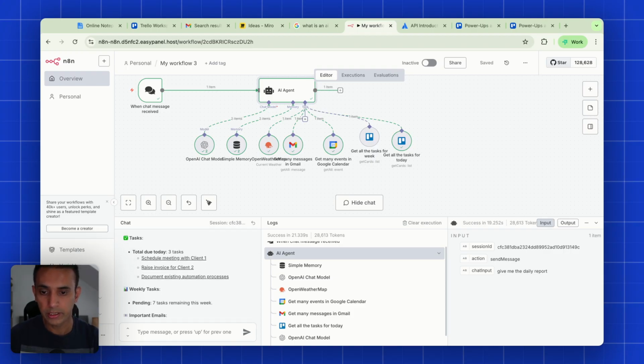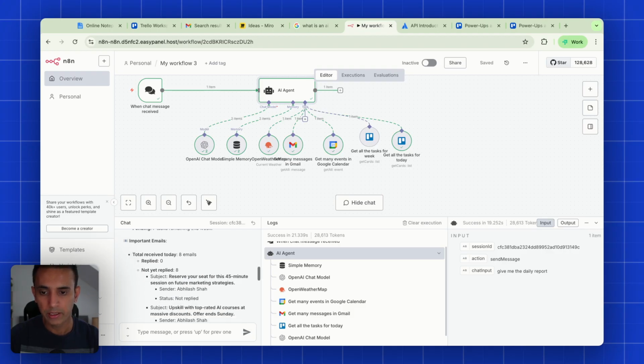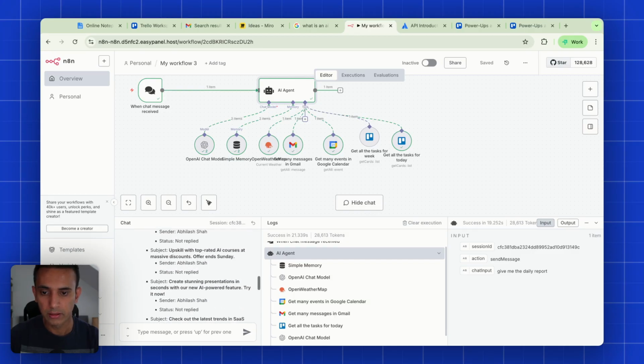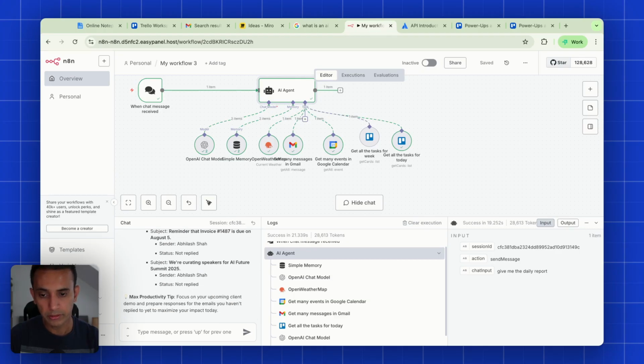Tasks due today, 3 tasks, it has gone out and displayed them. I can click them and open them in a new window. I've got weekly tasks as well, how many tasks are remaining this week, and some of the important emails, as you can see. It has also mentioned a maximum productivity tip. How do I make the most of this day? By focusing on your upcoming client demo and preparing responses for emails you haven't replied to, to maximize your impact today. So yeah, that's pretty much all in terms of how you build an AI agent,